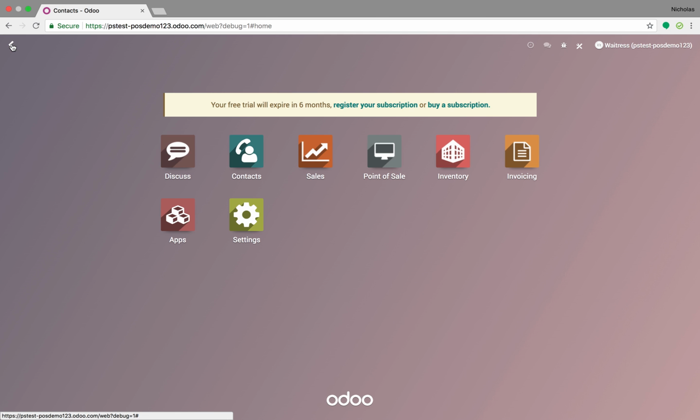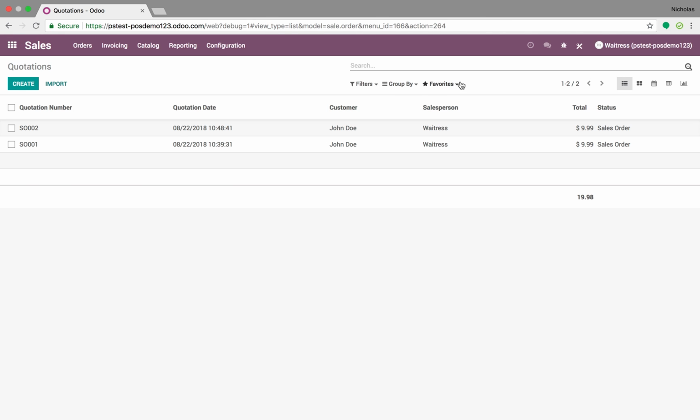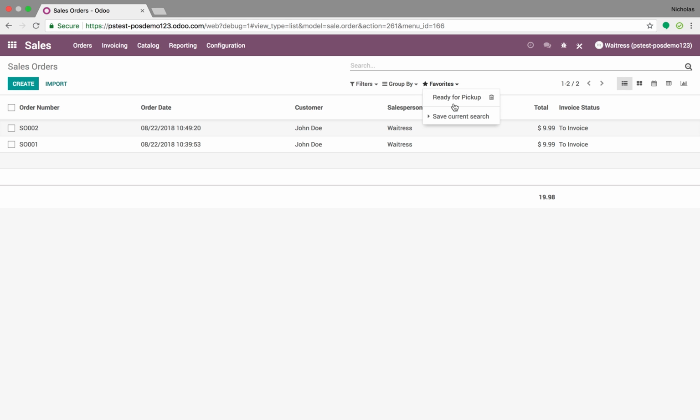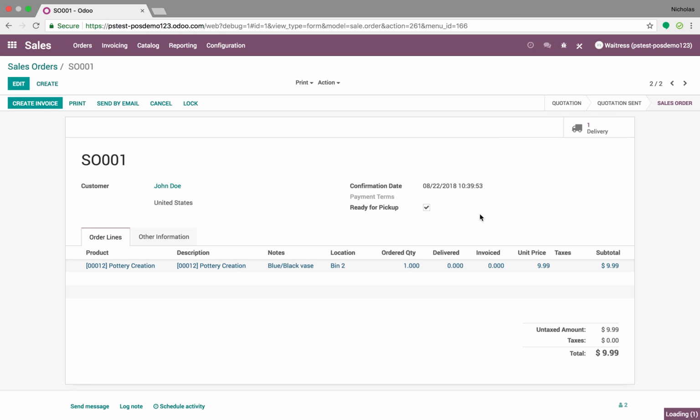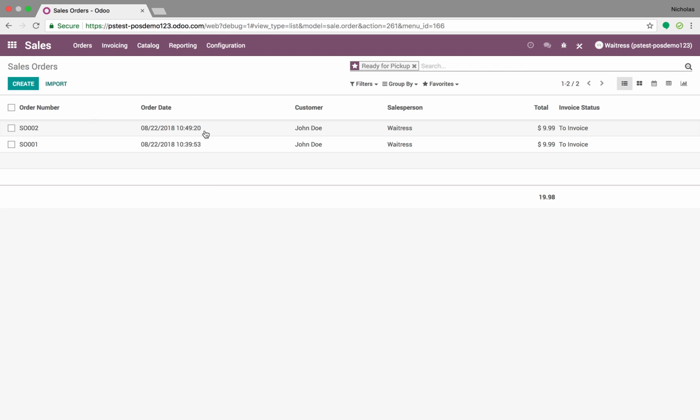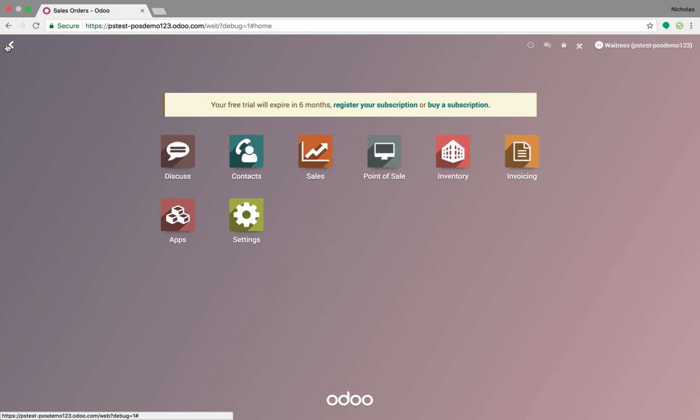You can also, from a sales app, quickly use a favorite filter. Look at orders, favorites, ready for pickup, and it'll filter out what's ready for pickup. In this case, both orders are ready for pickup. So that would be one way to do it. Another way to do it would be to,